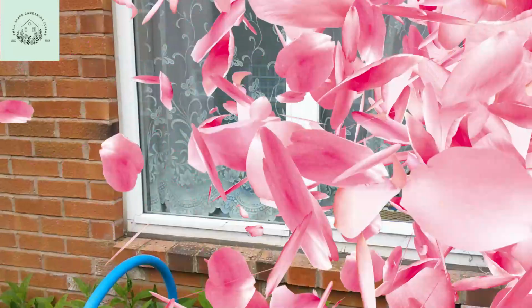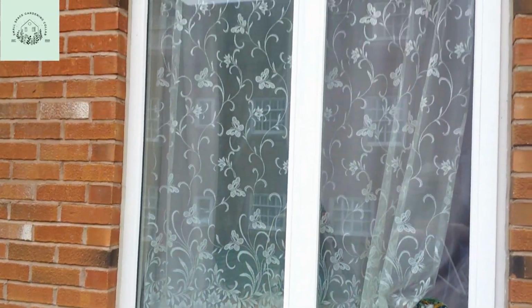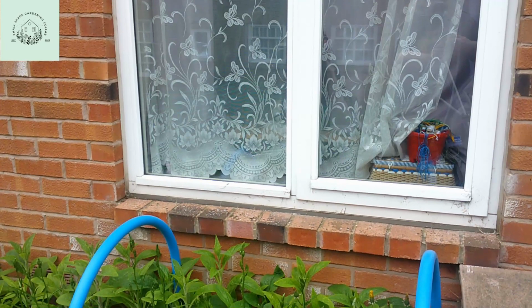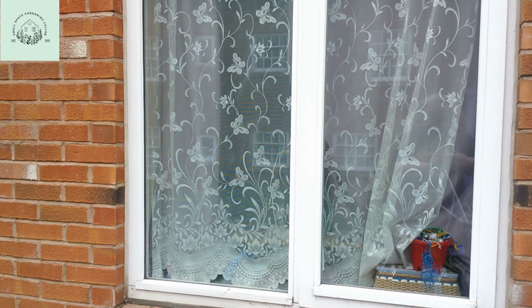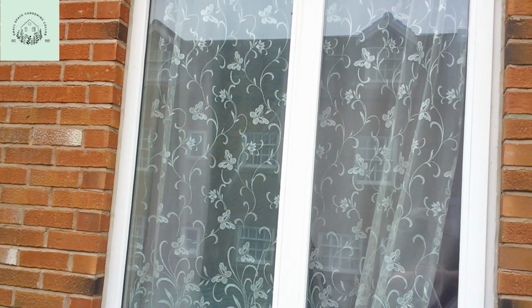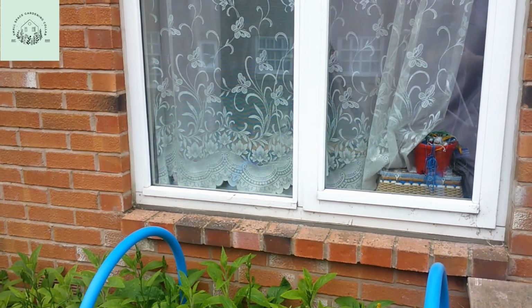The interesting part about this part of the building is that we have this big window. It starts to get rather hot at about 1 o'clock in the afternoon. We end up with a lot of sun from there, but it also reflects back into the garden, which is quite useful because it gives the plants a little bit of extra sun from the side as it reflects outwards. Bottom line is this: